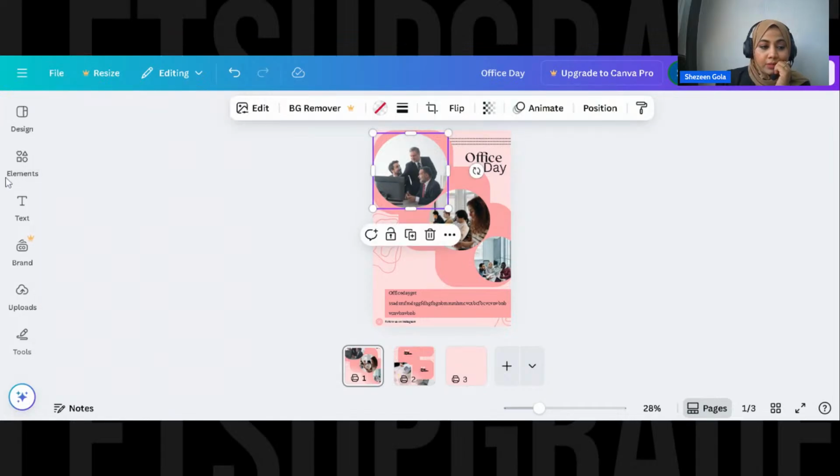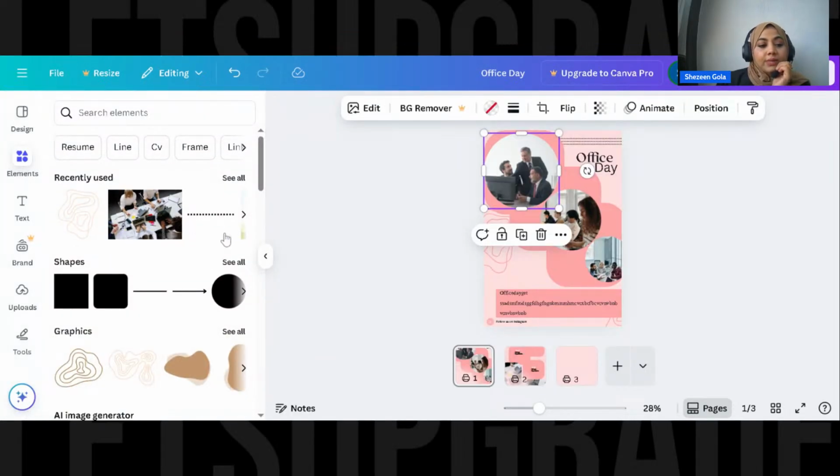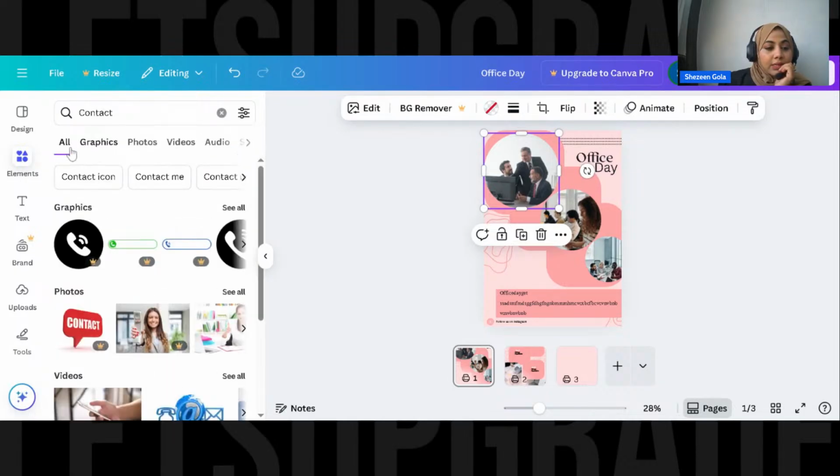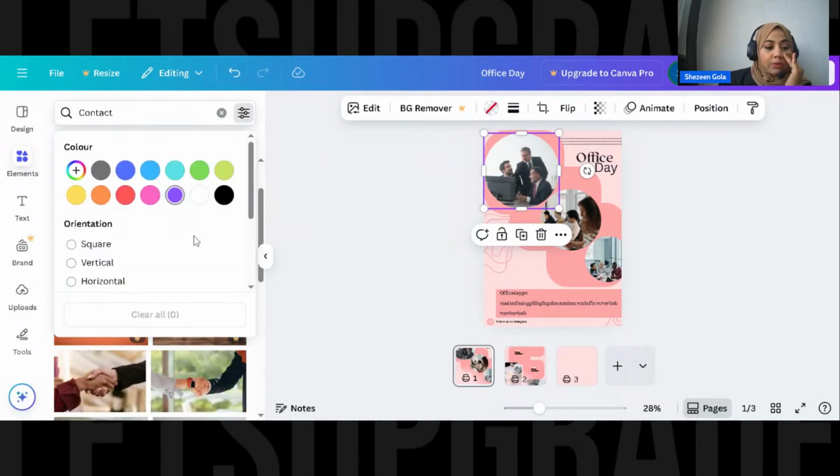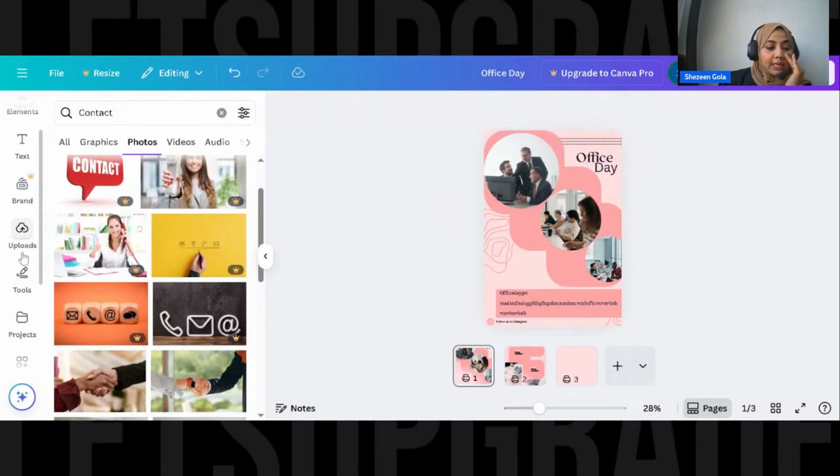You can go in elements. And the moment you go in elements, you have photos. Now let's start with upload.